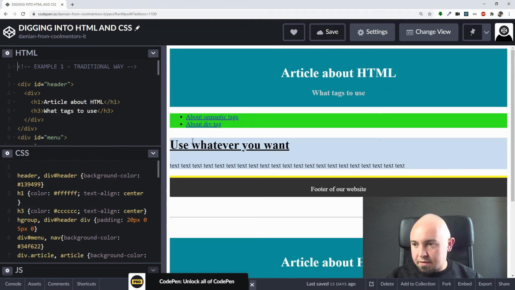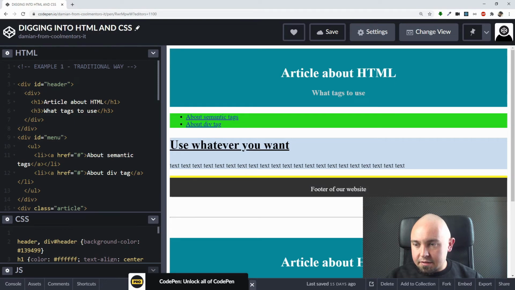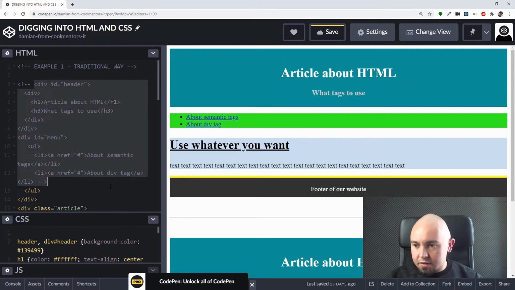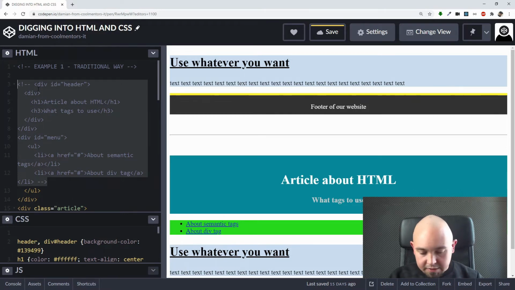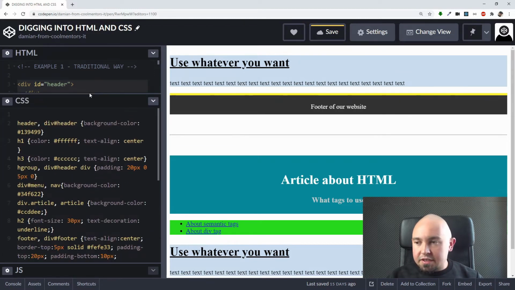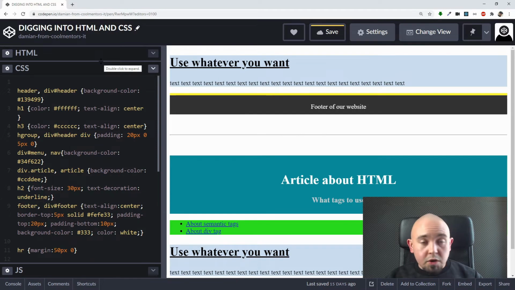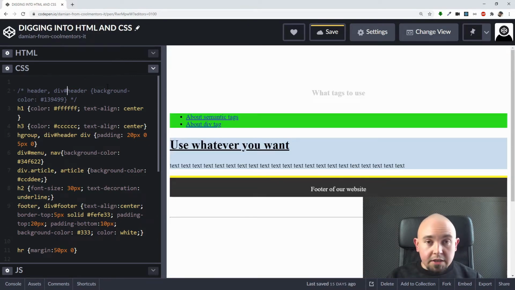Yeah, as you may see. If you want to comment many lines, you can just select them, then press Control slash on your keyboard, and it will all be commented. If you want to put them back, select them once again, Control slash on your keyboard, and it's back. It's the same thing with CSS and JavaScript, and it works with every code editor on your computer or in the browser, so you can check it out. You can place the cursor on the selector line, click Control slash, and it's gonna be commented. Now we can put it back in, refresh our website,